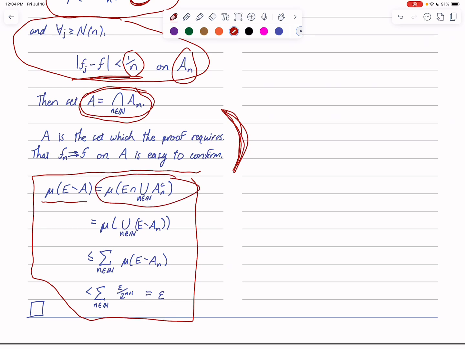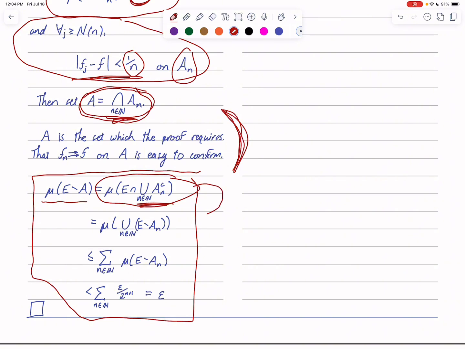That's why I approached it in this other way, where I turn it into a union. So if we're doing E minus A, this is E intersect the complement of A, and we can write the complement of A as the union of each individual complement. That's De Morgan's law. And this is a little bit more promising because we know we have good theorems for measuring unions. So let's try to stick with this.